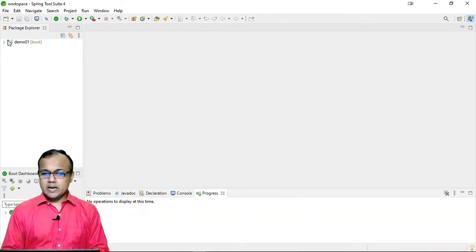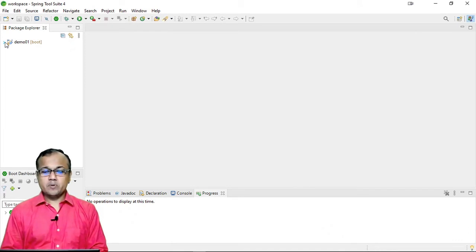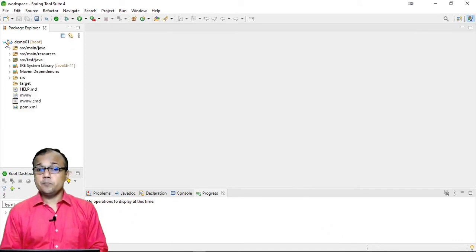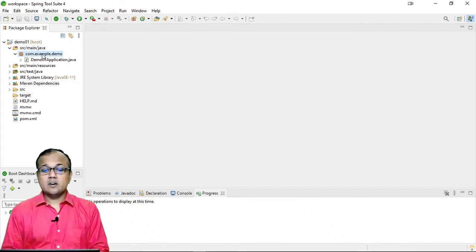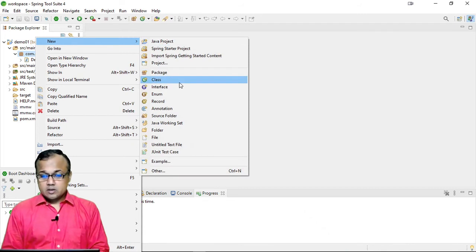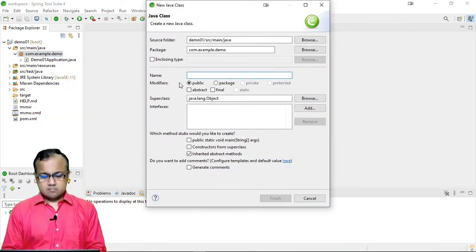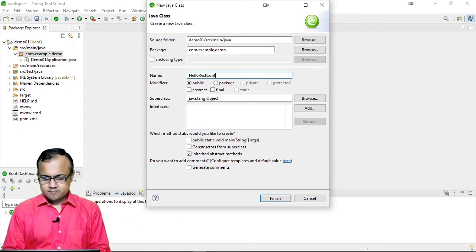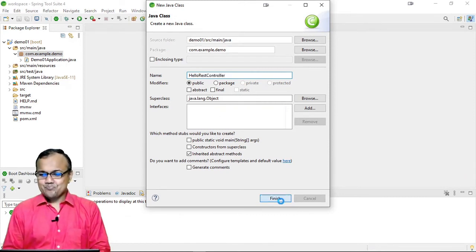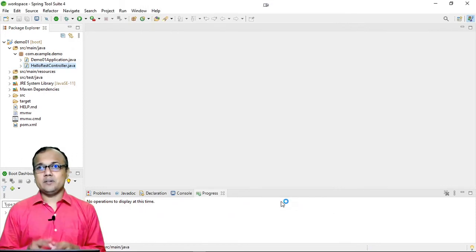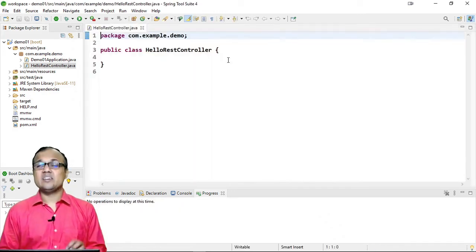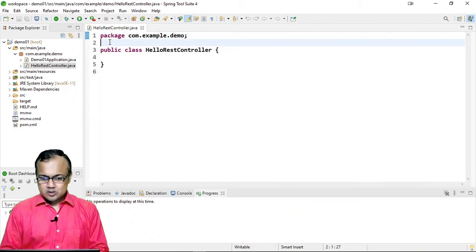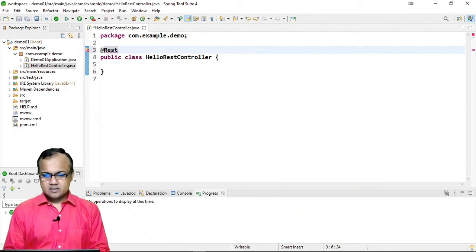Now, it's time to proceed with creating our first simple REST service controller class. For that, you can go to the Java and in an existing package create a new Java class. We can name the class as Hello REST Controller. You can give any other name. What is important is the class should be annotated with @RestController and it should be having some request handler method. So let me add @RestController